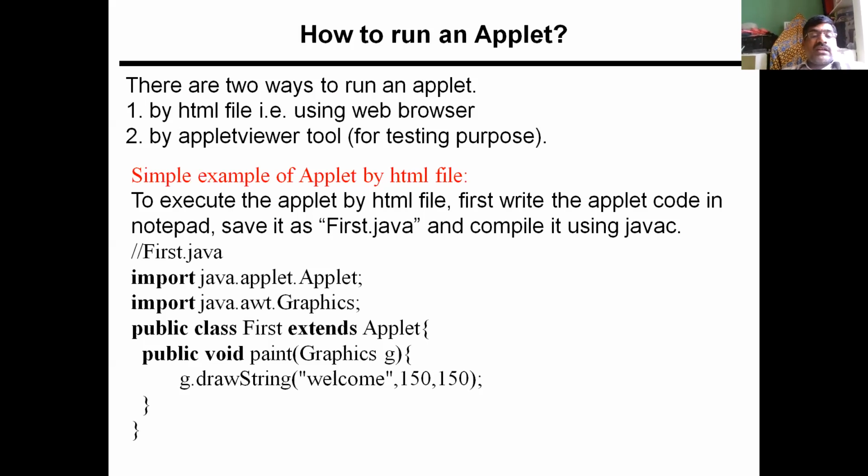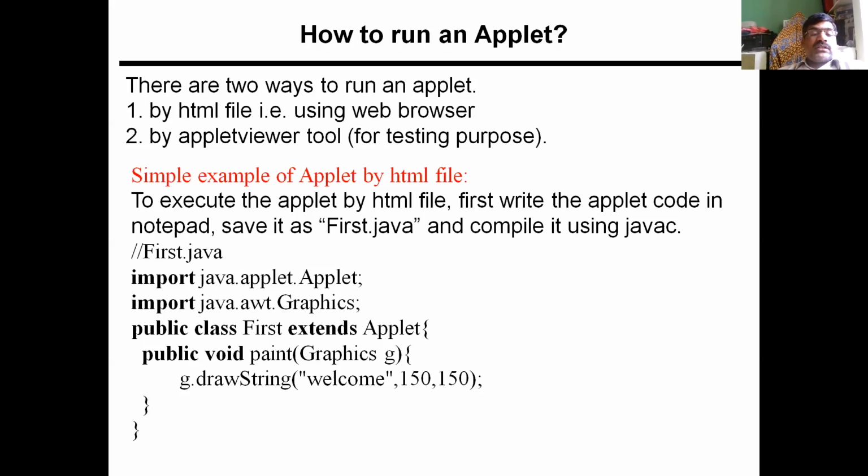I am giving here the class name as First, which extends from Applet. Within this class, you have to implement the paint method, because what the applet has to do, we will write the code within the paint method. The remaining four applet lifecycle methods are not mandatory to implement, so I skipped those four methods here. I am overriding only the paint method.